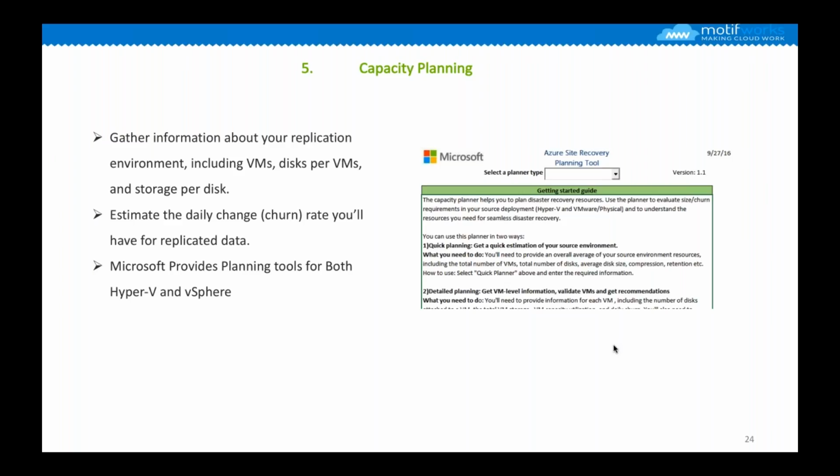It gives you the tools for Hyper-V and vSphere that you can download and install on the virtual machines that you're planning to protect. It will run there and assess the utilization of your IOPS, your memory, and CPU utilization, because you need to know that in order to recreate that environment in Azure.